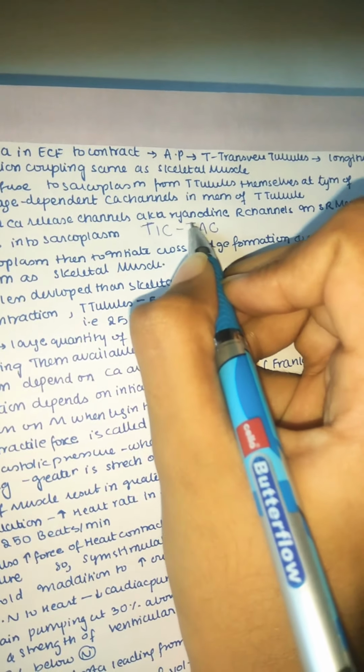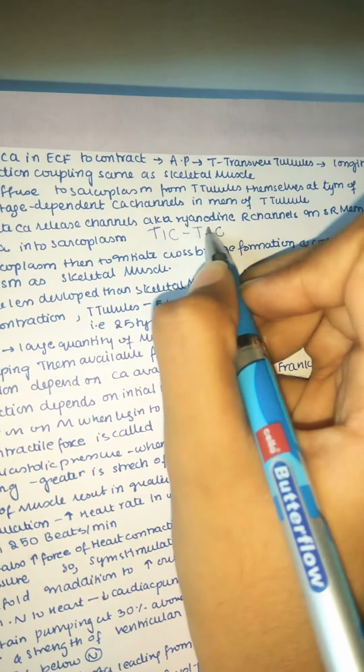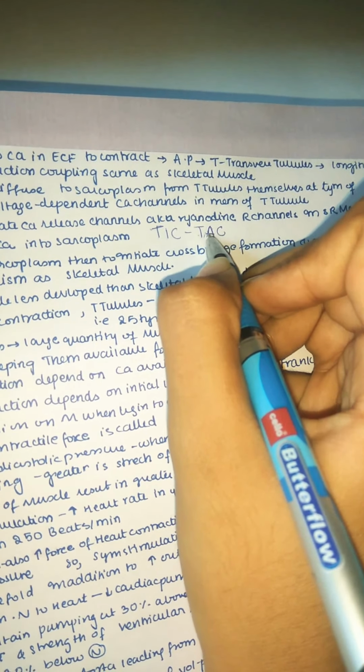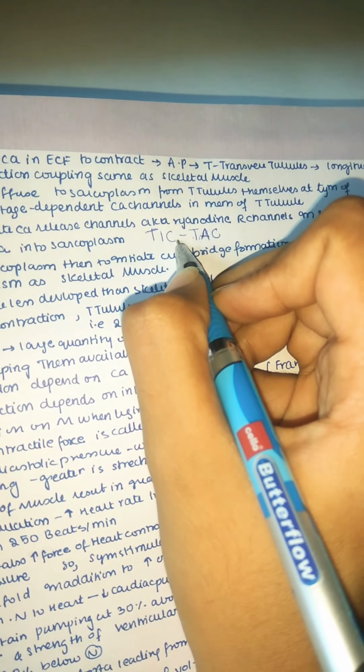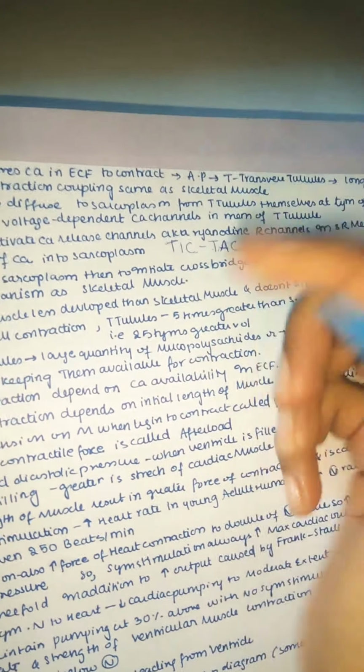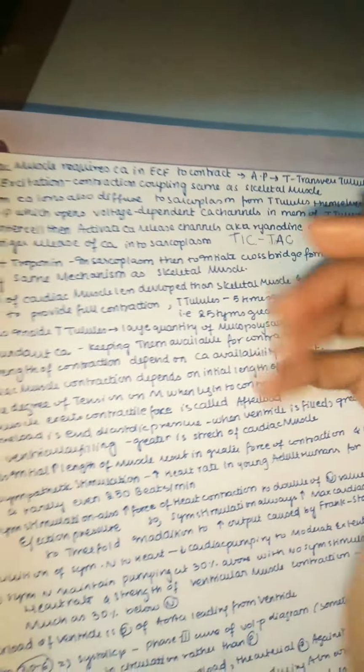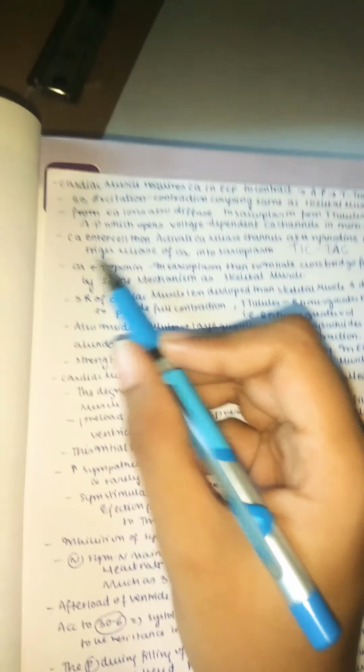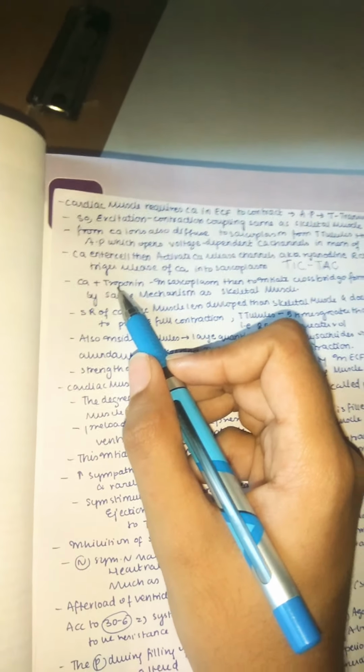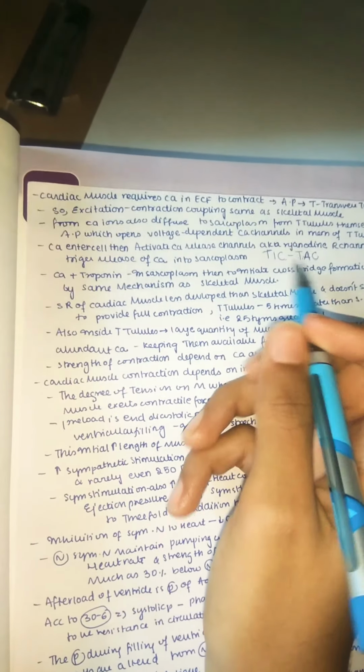Troponin T binds with tropomyosin, troponin I binds with actin, troponin C binds with calcium. So like this you can remember them. Tic tac toe games, right? So you can remember like that. So now you can say calcium binds with troponin, but which troponin? Mainly troponin C, remembering the tic tac.